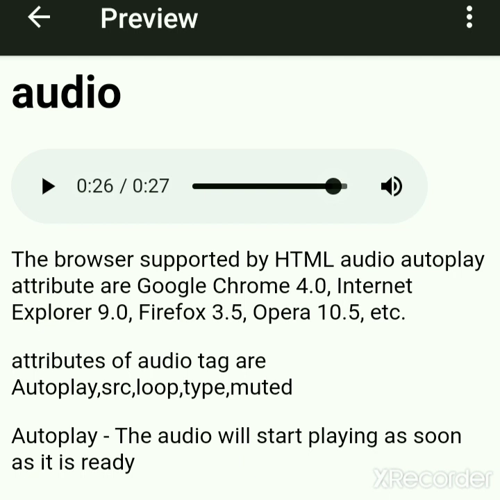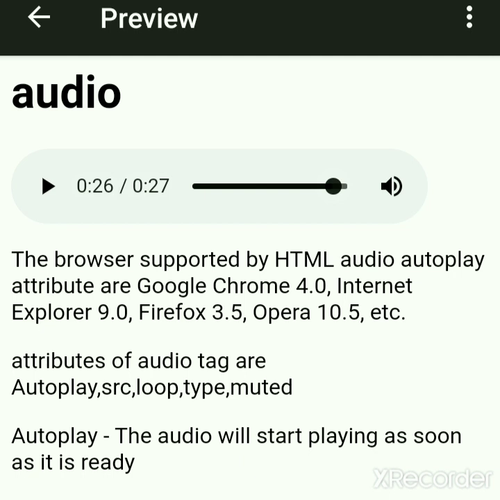The browsers supported by the HTML autoplay attribute are Google Chrome 4.0, Internet Explorer 9.0, Firefox 3.5, Opera 10.5, etc. These are the attributes of the audio tag: autoplay, src, loop, type, muted. Autoplay means the audio will start playing as soon as it is ready.